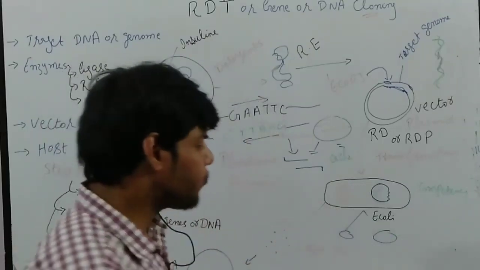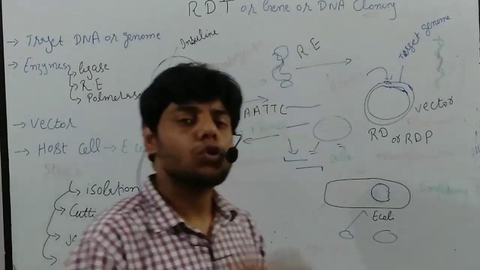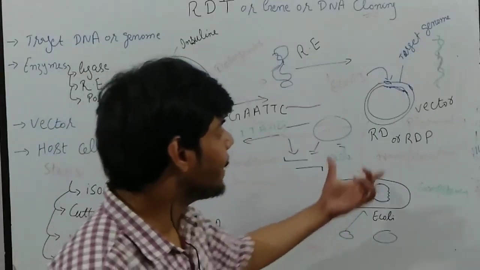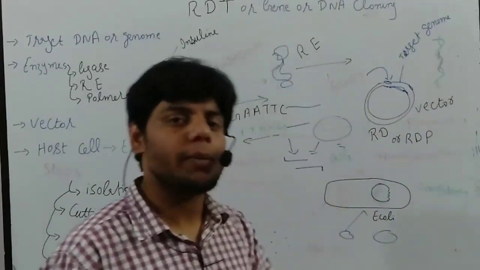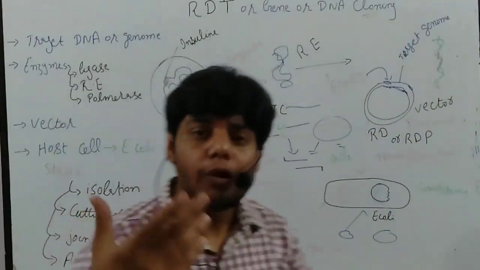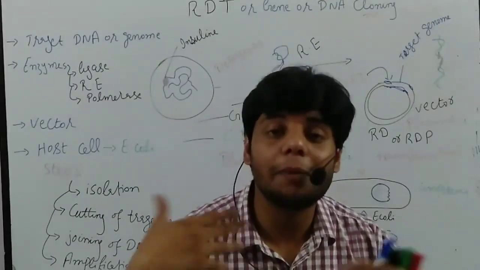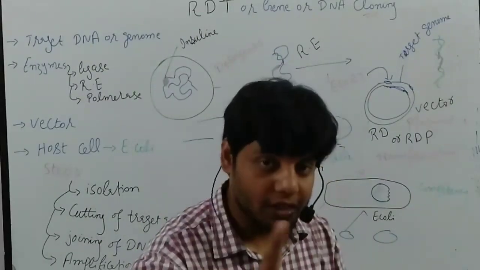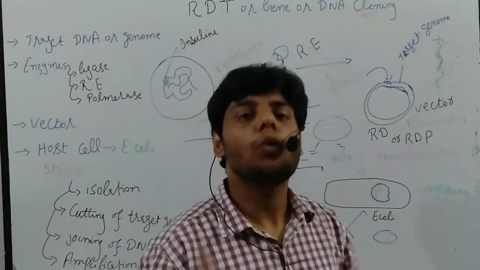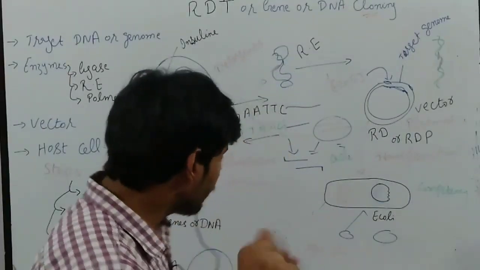So there are a lot of bacterial cells present. So not all bacterial cells will take up the vector. Some of the bacterial cells will take up the vector. Now how do we know which bacteria can take up the vector? For this purpose we should perform the screening. Now how do we perform the screening? For screening we should